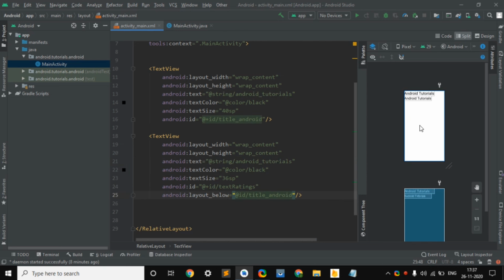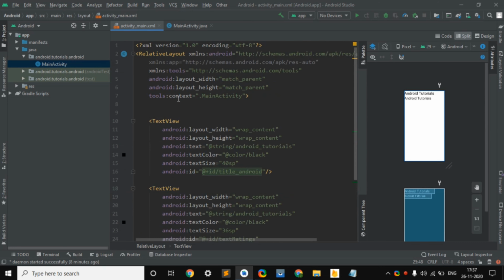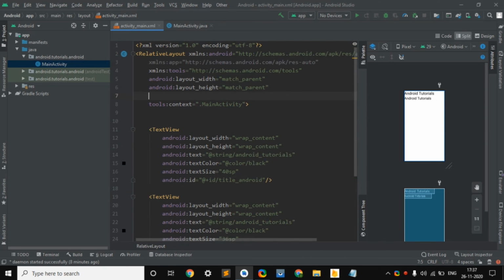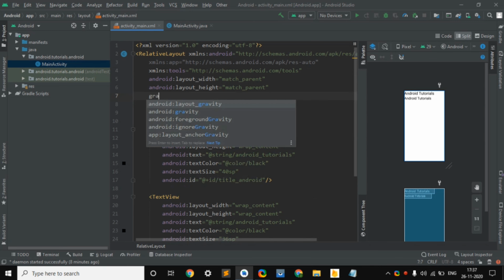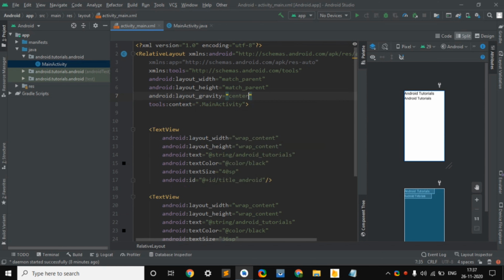After that we are going to set the gravity of our root layout. So let's write gravity to be center. So we will find all text in the center.